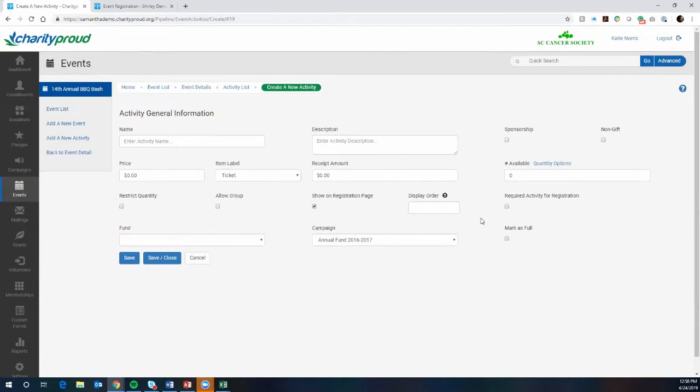Now, this is something I would use sparingly, and I'll tell you why. The required activity for registration means that we're going to be adding one of this activity to every single cart, regardless of what else they add as purchases. So this is best applied in instances where you have almost everything about your event is free, but you maybe need people to purchase a boxed lunch, or